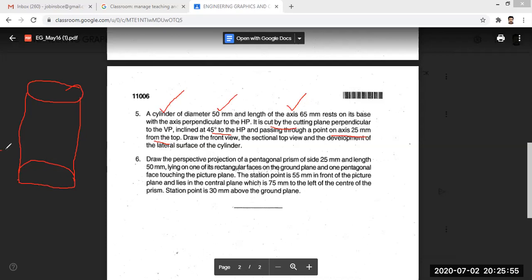Then it is cut by this cutting plane. You can see I will cut this object into 2 pieces and this top portion is removed, and this is the cutting plane, and this inclination is 45 degree. Okay, you have to create the remaining object. I will show you. Like this, yeah. This is the final object. So you have to create this object in Fusion 360. Not this object, you have to create this. You have to create this in Fusion 360.